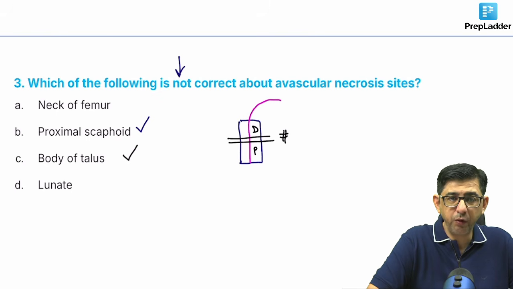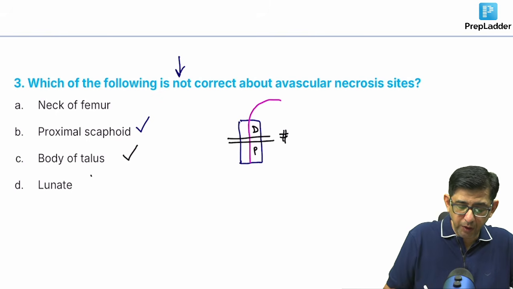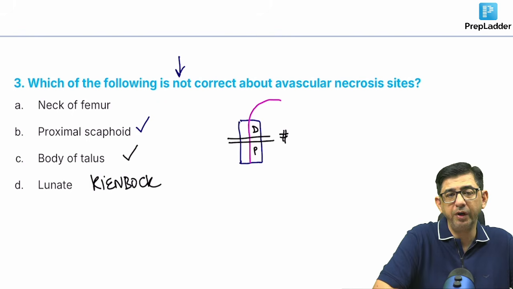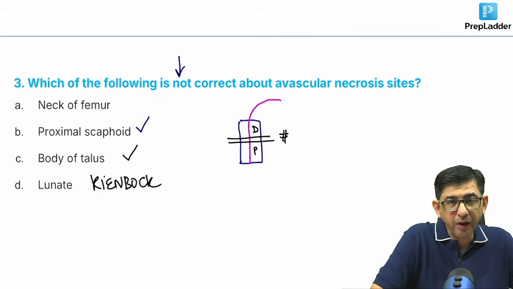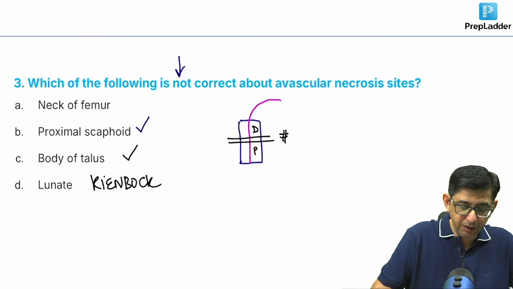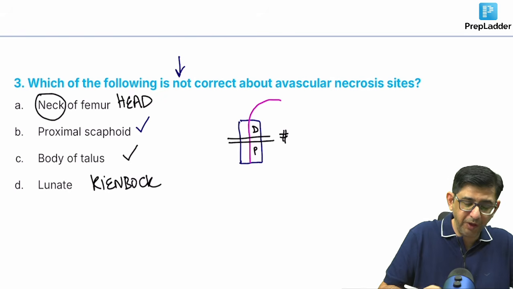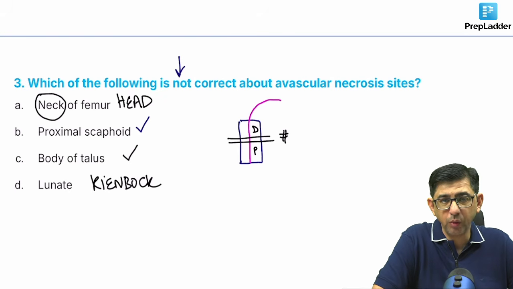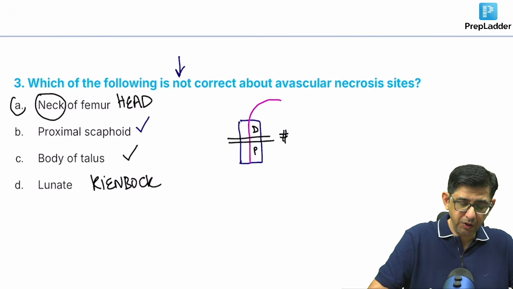And then is the option between lunate and the neck of the femur. For lunate, there is Kienböck's disease, Kienböck lesion, that contributes to involvement of the lunate. And the answer is option number A, guys. It is the neck of the femur. Why that is the answer is because you are aware that avascular necrosis occurs in the head of the femur. Children, the answer is not option number D for question number 3. Read carefully. The answer is neck of the femur, because what undergoes avascular necrosis is not the neck. It is the head of the femur that undergoes avascular necrosis, like if there's a tumor or the patient is taking steroids. So the answer to question number 3 is option number A.